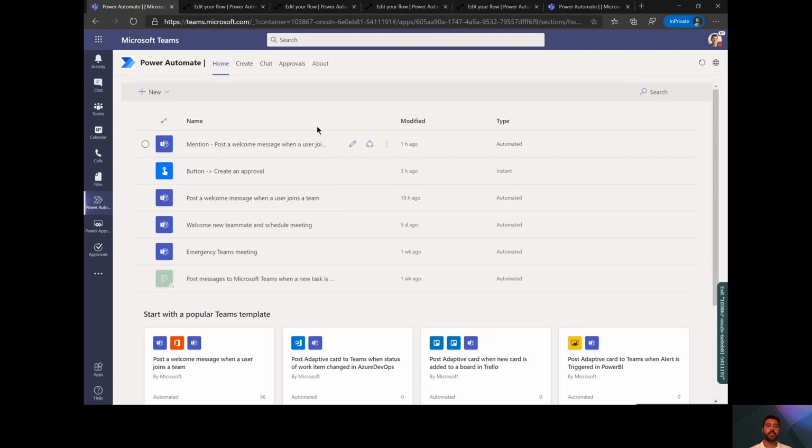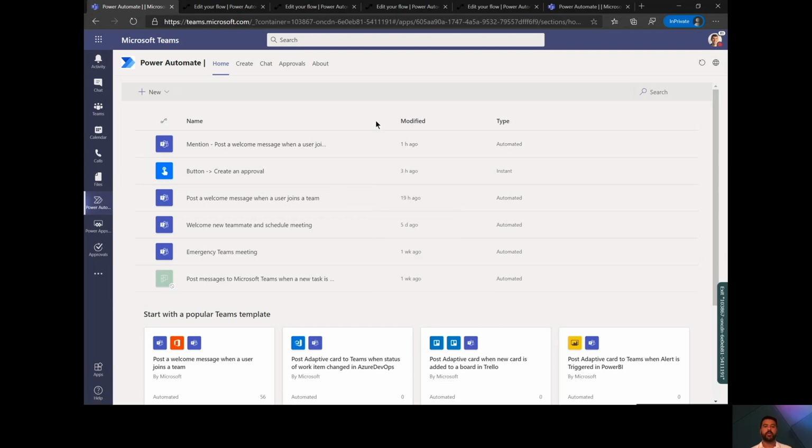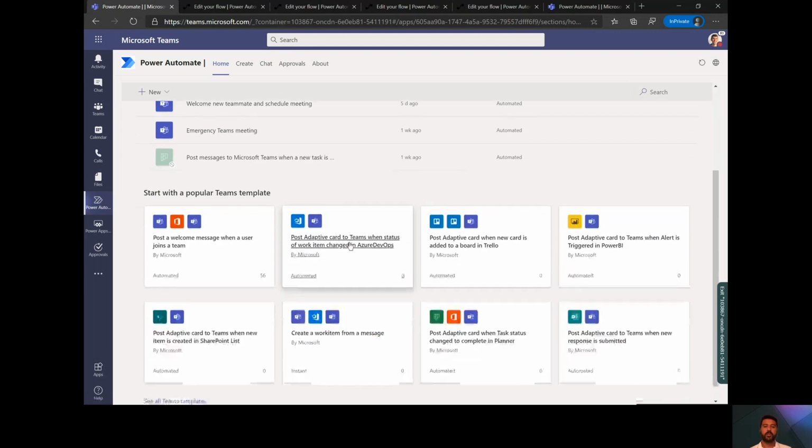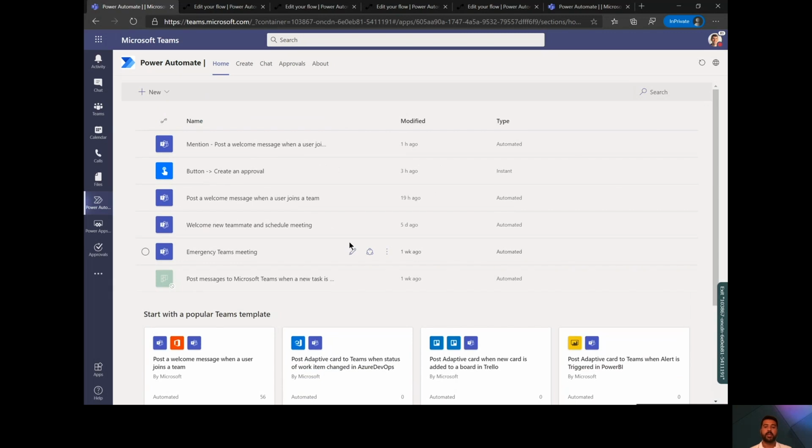Here you can see it gives you a list of all your flows, and you have the capabilities to enable or disable them as you see fit. You can edit them right within here if you wanted to. And we also give you a few templates, like popular templates that you can start off with. In addition to this home tab, we've also created a brand new create experience. So if I switch to that tab,